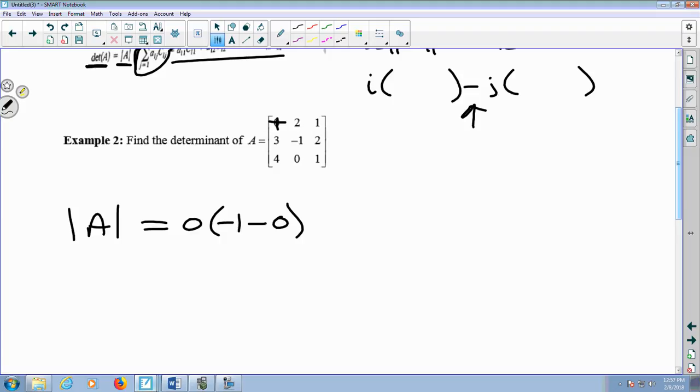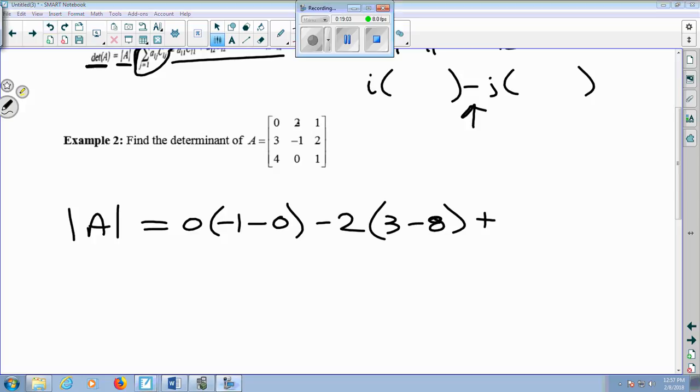Now for the 2 here, which is entry 1, 2, that will have a cofactor which is negative, so we put a negative out front, and the entry is 2. Then when we cancel out this row and column, we have 3 times 1 minus 4 times 2. If I do that calculation, I have 3 minus 8. And then we move on to the third entry, A13, which is 1, and since i and j add to be even,